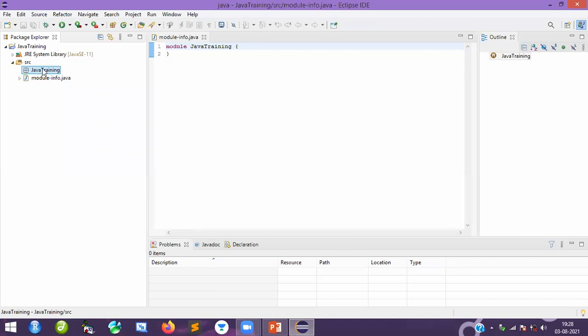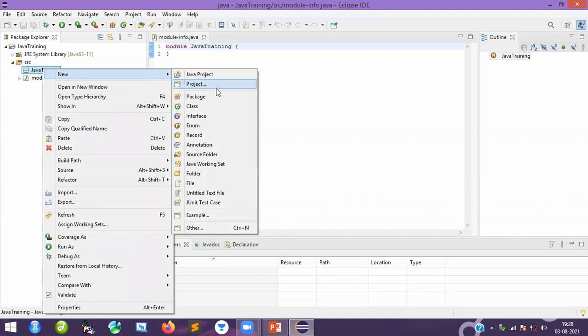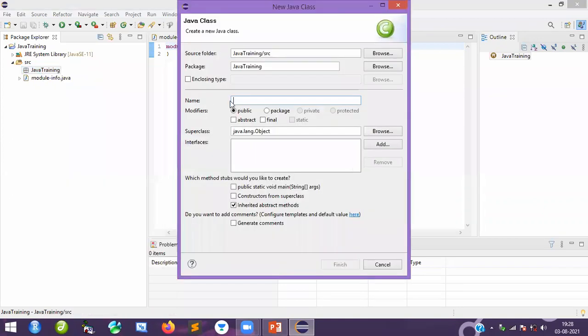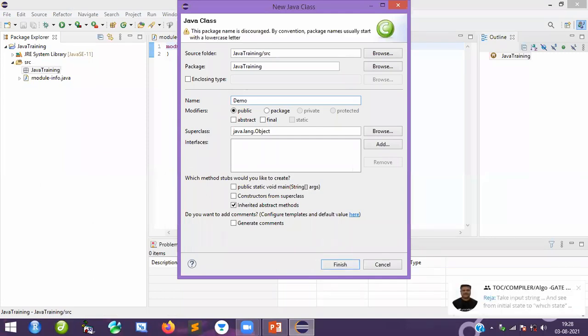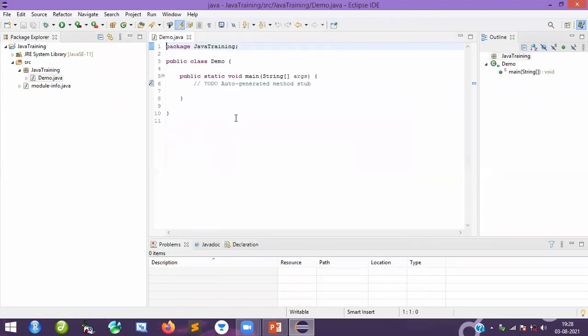Okay, so here create a class file first. Guys, create a class file. Go to Class, and here write something like Demo. First one, Demo. Again, you mention public static void main, String arguments. Finish. Okay, fine. Everybody clear? So this is your package. You can see the package name, Java training is the package name. So what is your class name? That class name is Demo.